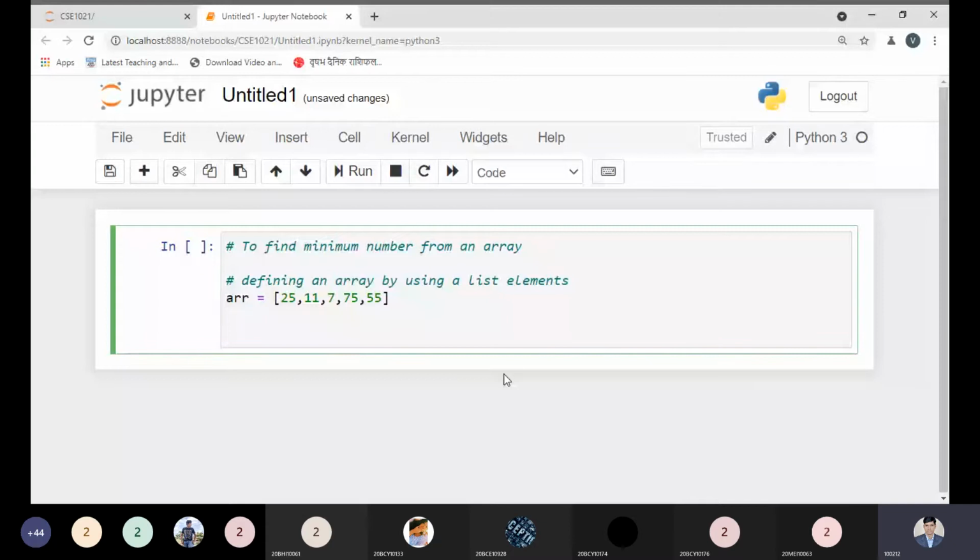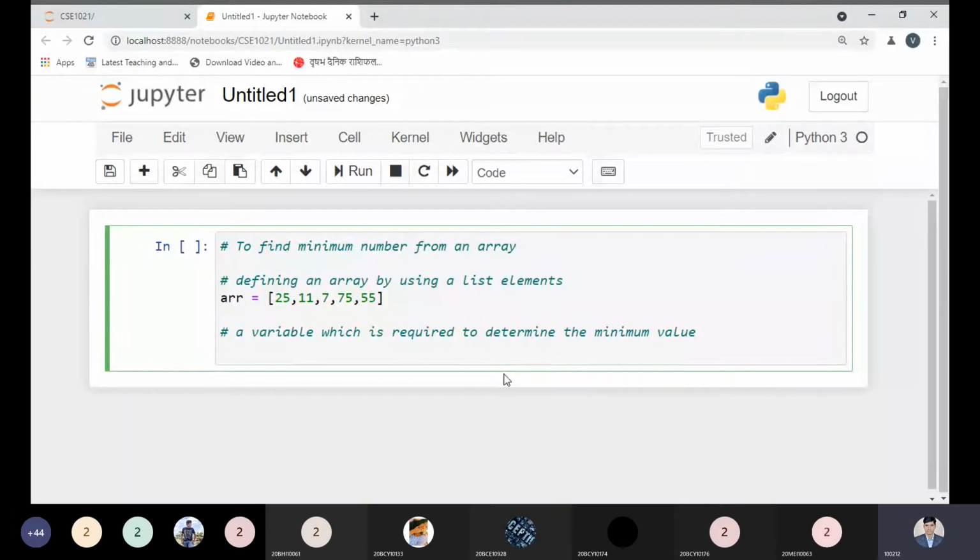Okay, now we have to define a variable, which is required to determine the minimum value. So we have to define a variable. What is the variable? That is min = arr[0]. So initially, what we are doing here, you can say,